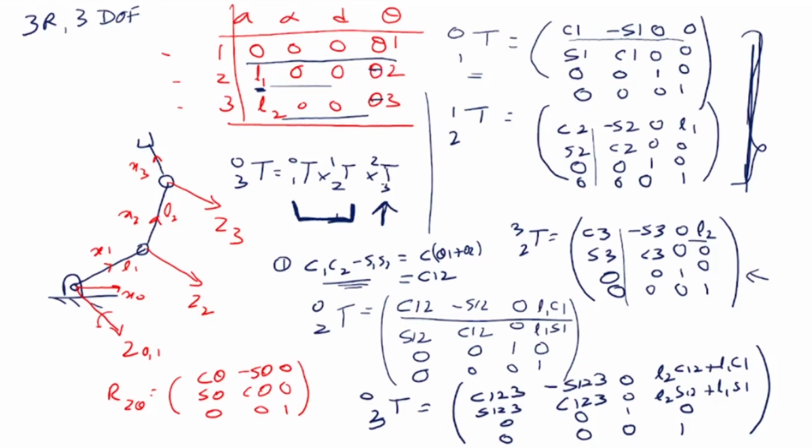If you have to do it for a 6 degree of freedom manipulator system, it will have 6 matrices which you have to multiply. It is not difficult, but the expressions become very long and there is a chance of making a mistake. So a computer program is used, and the computer program would look at the DH parameter table, take each row, put it into that generalized matrix, get each of these matrices and then multiply them out. For a computer to multiply matrices is very easy.